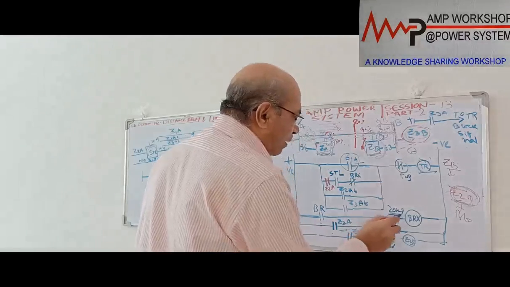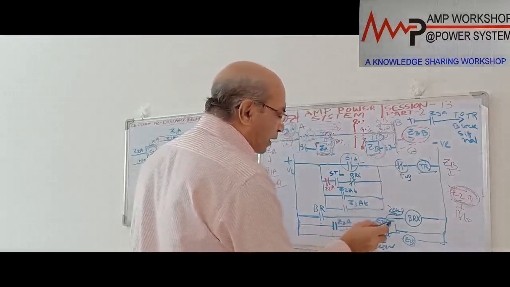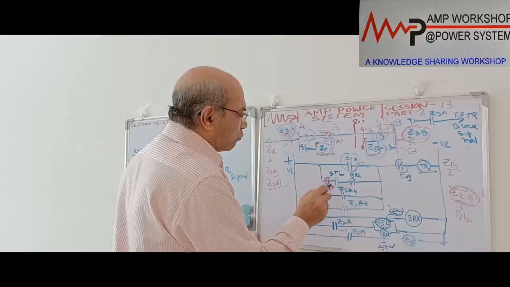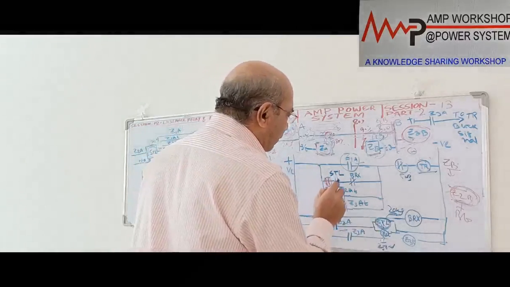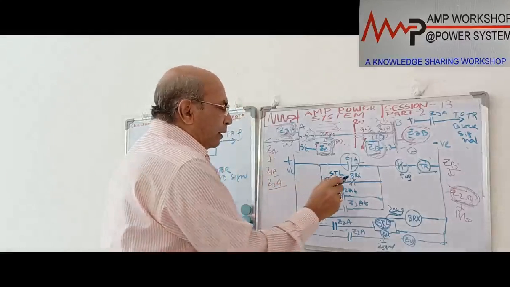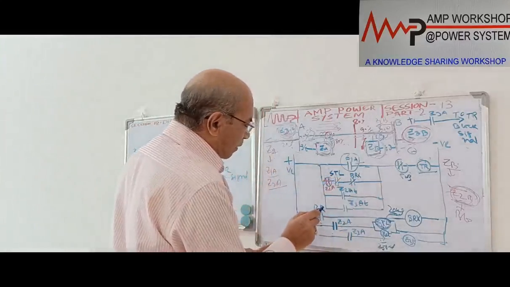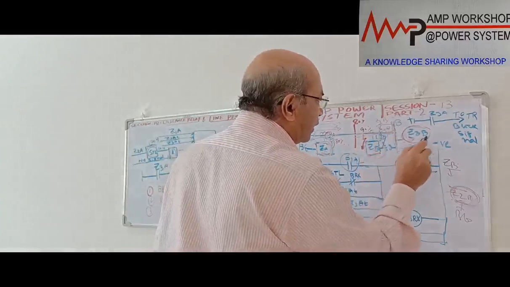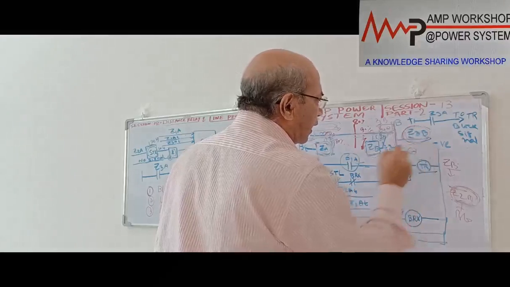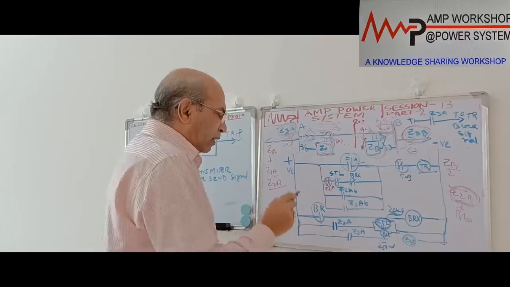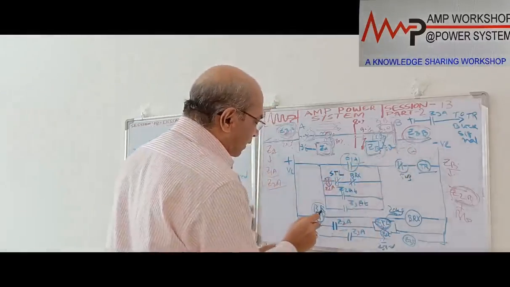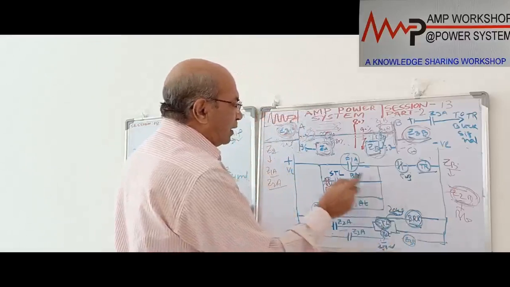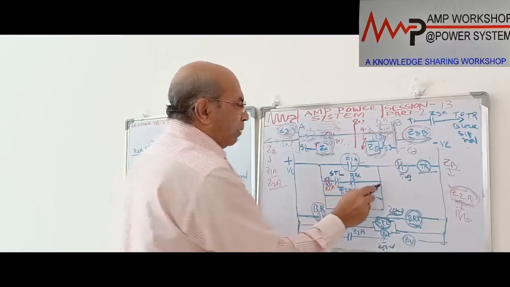After 20 milliseconds, this timer will pick up. When this timer picks up, you see this is where the zone 2 element was operated. This timer has picked up. So this is NC, and this is a blocking signal coming from the other end. Suppose the fault is over here. Then this Z3B is looking in this direction, so it will not send any signal. That means if it does not send any signal, this is a NO contact, this BRX relay is not energized. So this NC contact is over here. The BRX NC contact, immediately it will trip.